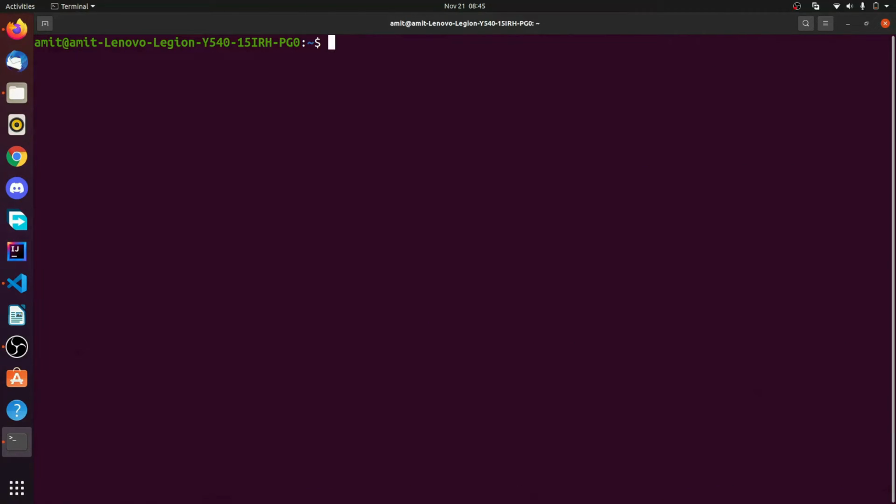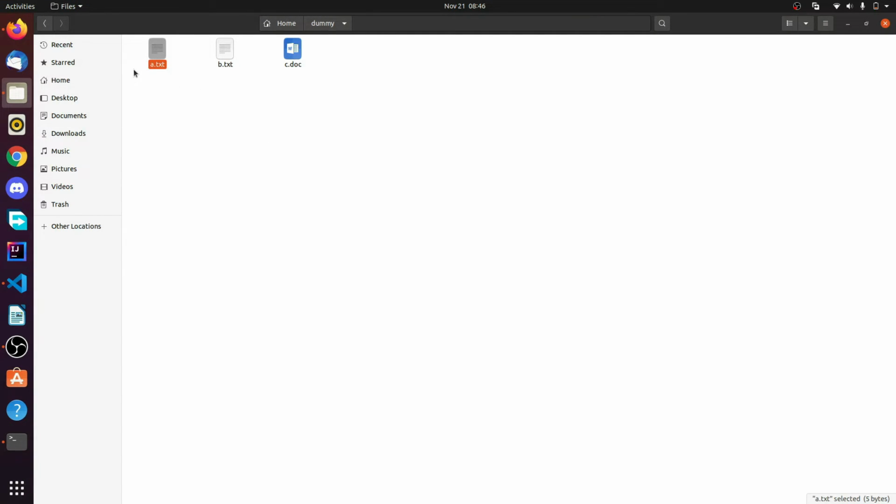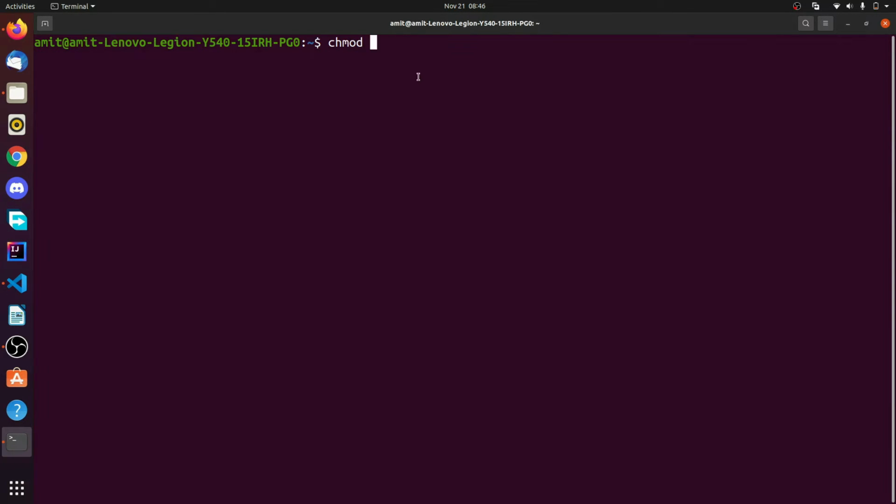Now let's move on to the next command, one of the most important commands, known as the chmod command. This command is basically used to change the mode, as the name itself says. Let us suppose we have a file known as a.txt, and I want it to be only a readable file, or only an executable file. So what we'll do is type chmod,